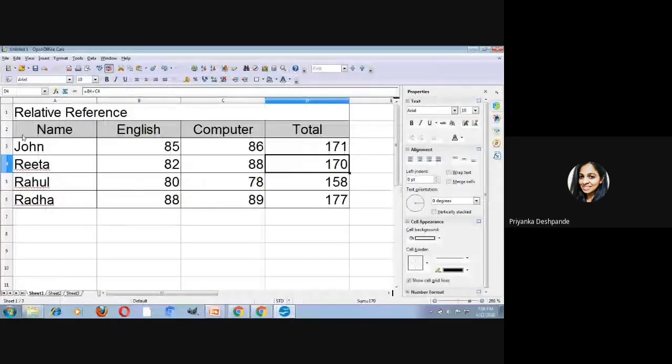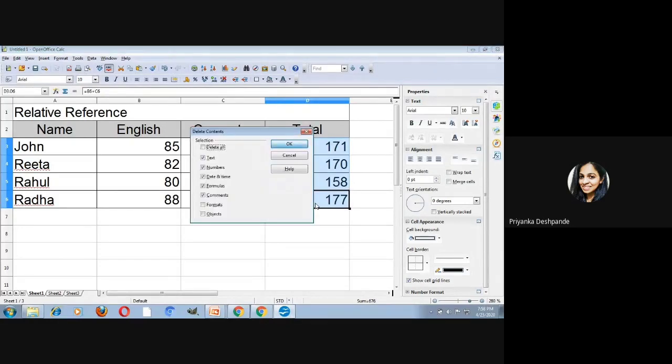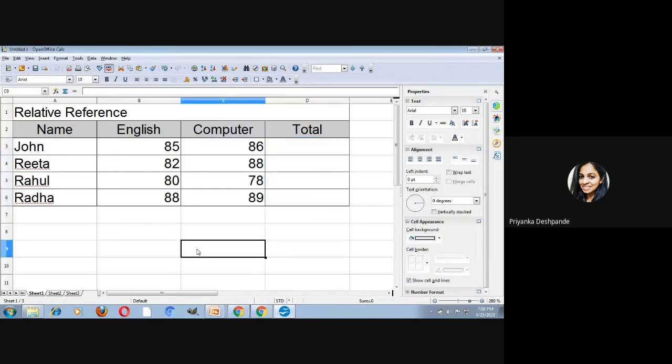See here now. This is the example for relative cell reference where I have given four columns. One is for name, next is for score for English, score for computer, and the last one is for total. Now, if I ask you what are total marks for John,